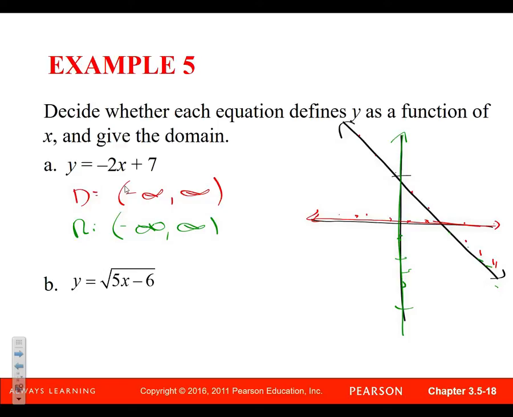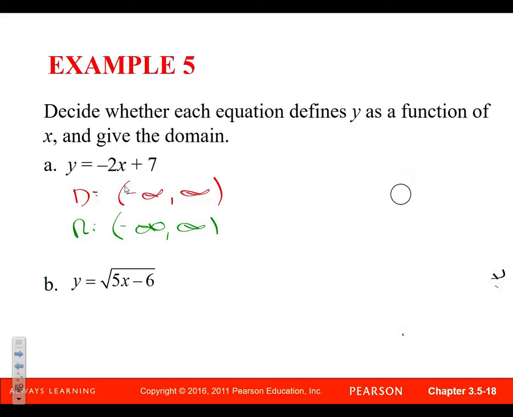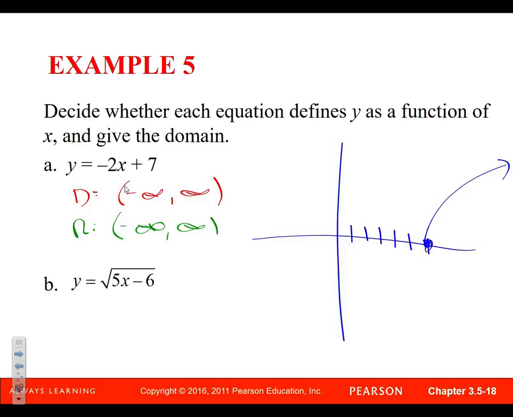Let's talk about this other one now. Okay, that function is going to look something like this. It's not a perfect sketch again, but it gives me a good idea of what the domain and range are going to be. Can you see my function over there? Yeah? It's the little swirly thing. So if I'm talking about domain,